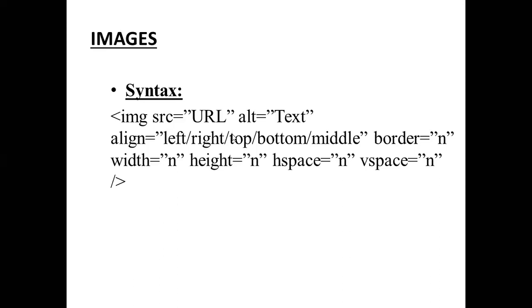Next, vertical space specifies the amount of white space above and below the image. So this is the syntax of the image tag.